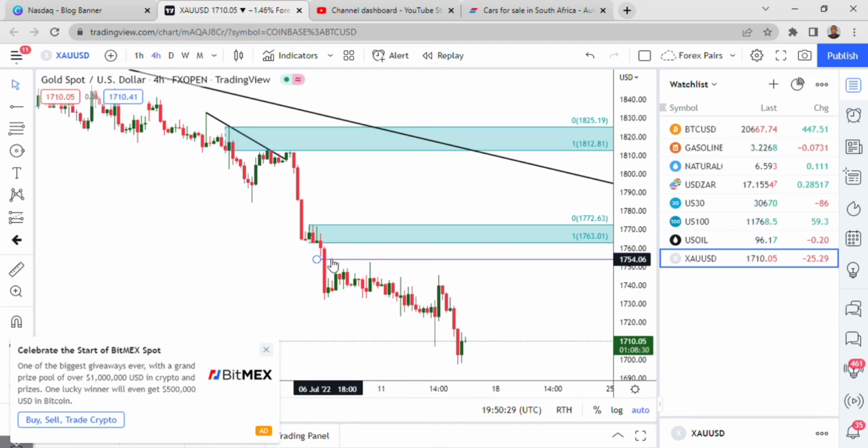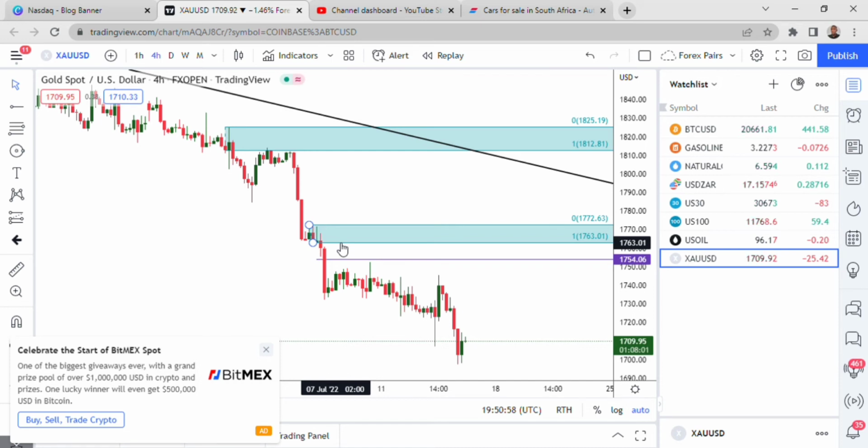Why? Because remember, when you are buying, you are targeting the next opposing area. In this case, if you are buying, you would be targeting the next opposing area, which was the area of resistance. If you go back, you can see if I'm buying here, the next opposing structure on this time frame is here. So it means my profit margin now is compromised. I don't have enough profit margin for me to buy, because I can't just risk maybe, let's say, $100 just to make 60. You see?